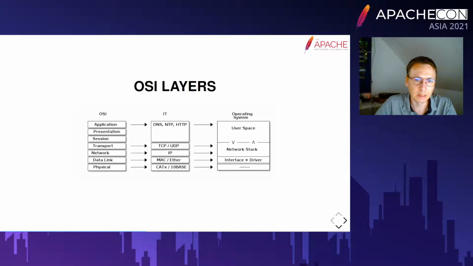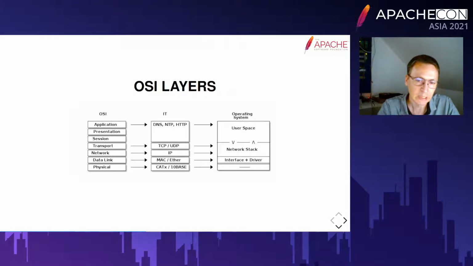And if we look at the OSI layers, then from an IT perspective, we have several things which we know very well, like DNS and HTTP, but those are the highest level of the OSI layers. These are the so-called application protocols, and rarely, but still in IT, we refer to TCP, UDP, and sometimes IP. But very, very rarely do we really talk about MAC and Ethernet and the cable-related part, which is actually